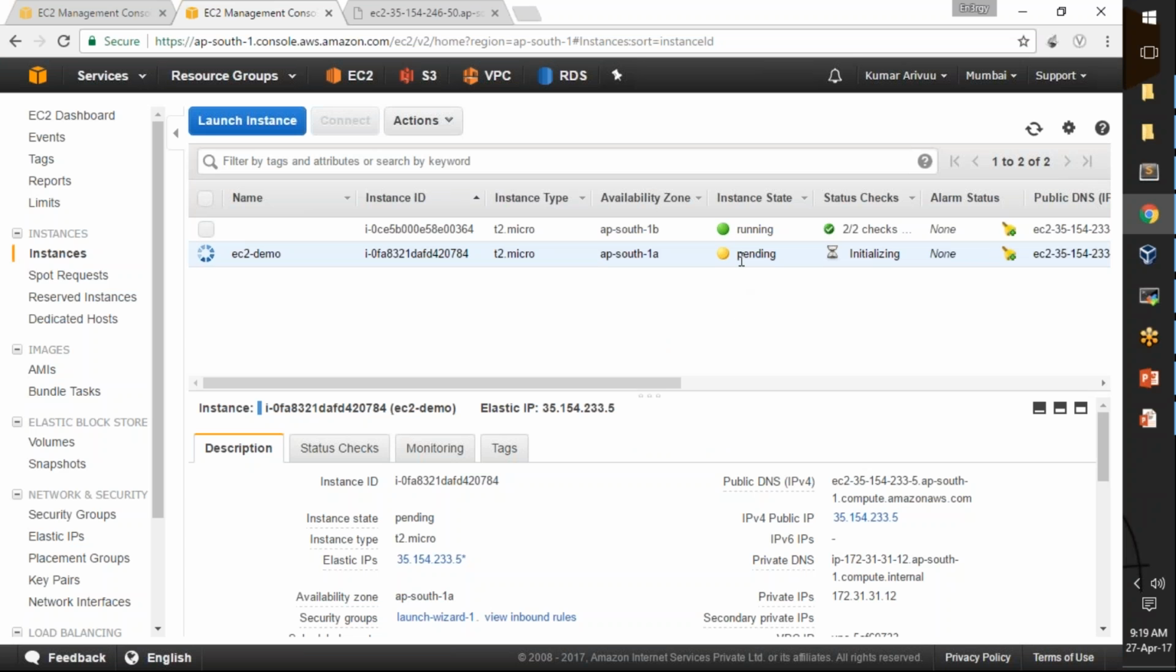And you can see this instance status: running, pending, and after all the checks are completed, it will go to a running state. And if you have noticed, my IP address, that is the public IP address, is already associated with my server. So if I copy paste this to the browser,